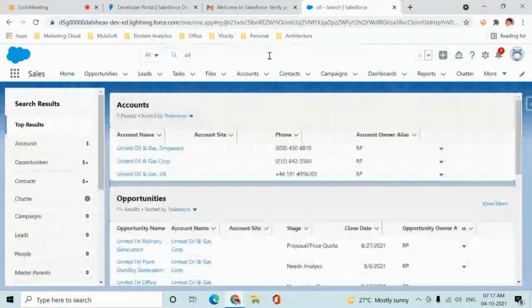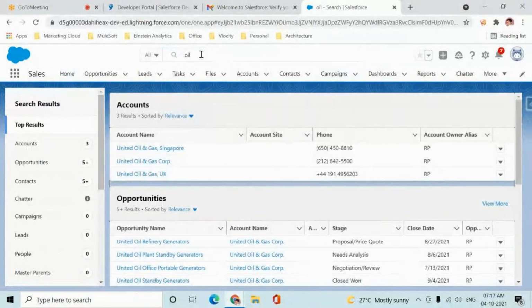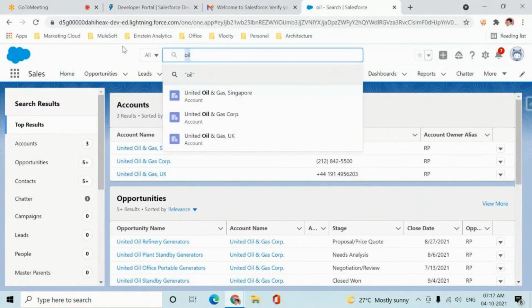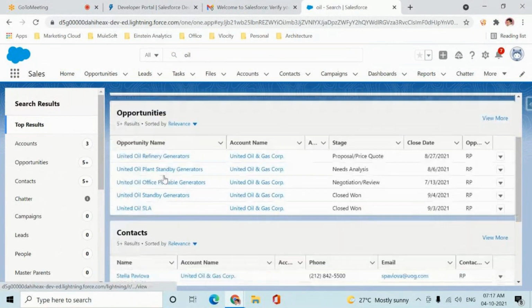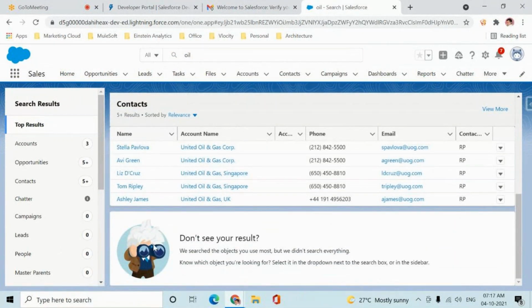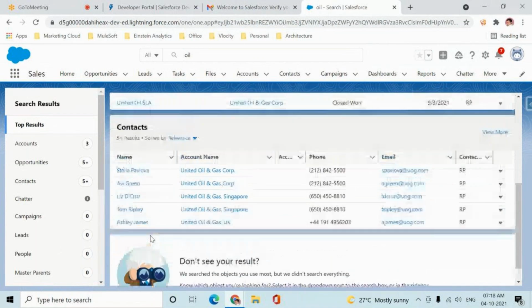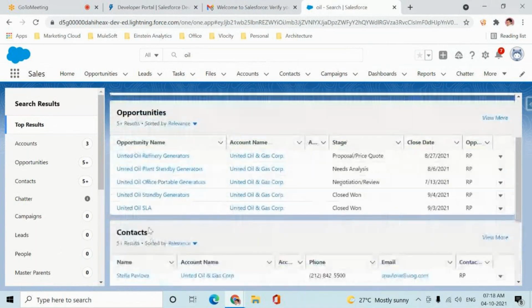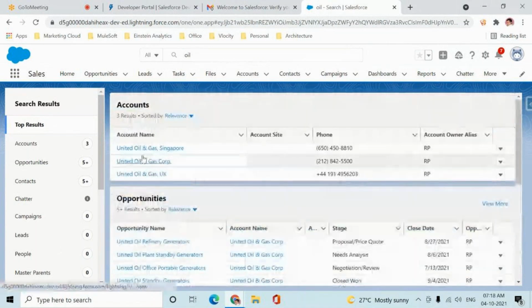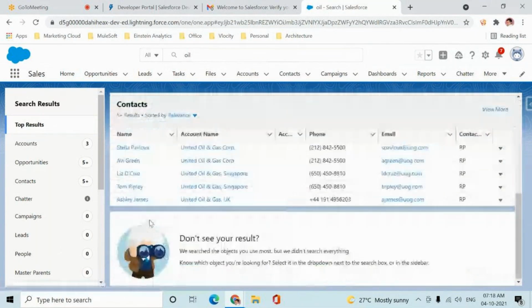What it will do is search for this particular string in all the objects that are available in my organization. It may not be the name of the record. For example, for account, it says United Oil. Oil is there. In opportunities, oil is there. But in contacts, oil is not there. It will search for that particular string in almost all the fields in that object, and then it will show you the result.